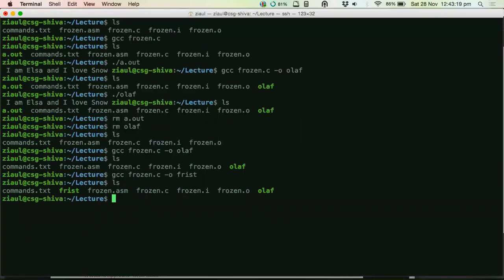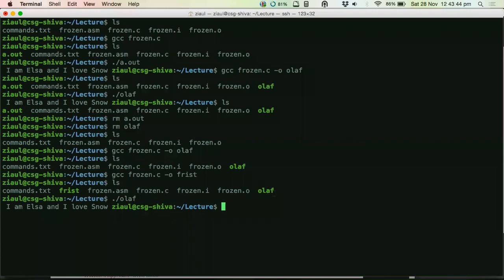Now if we try to open that Olaf, it will still be there because you have created it from a previous run. Why will it just disappear, or why will it not work? Because it's a fully packed executable. Now it has all the sequence of numbers inside it packed nicely, so no one can alter it. If you want to run it, just say dot slash Olaf and it will run.